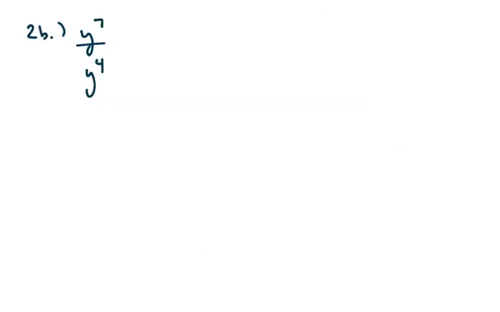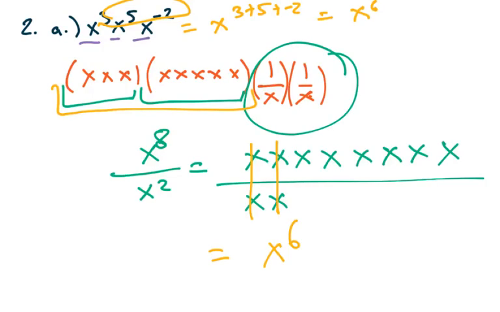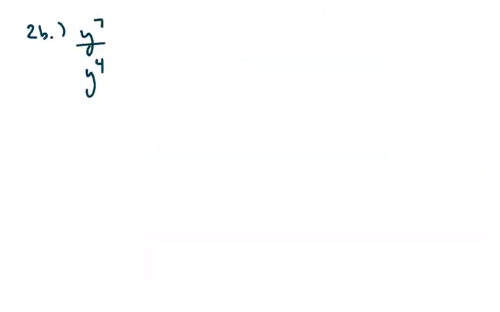What does this mean? What about when we divide? Well, we have the rule right here, right? How did I get 6? Well, if you have 8 and we took away 2, this means that when we divide, we subtract the exponents, right? So that means when I look over here, this is nothing more than y to the 7 minus 4, which